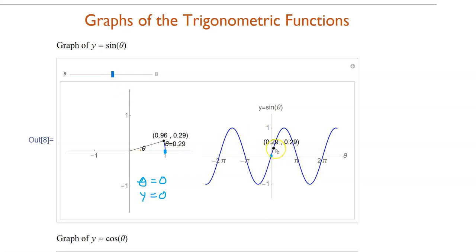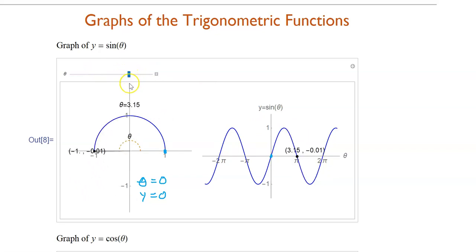This black dot will be plotting out the points theta, comma, y, and we will get the graph of our sine function. Notice at this point right here, our sine function has a maximum value of 1, and that's when theta is pi over 2. So this point right here on the theta axis would be pi over 2. And as we continue around,